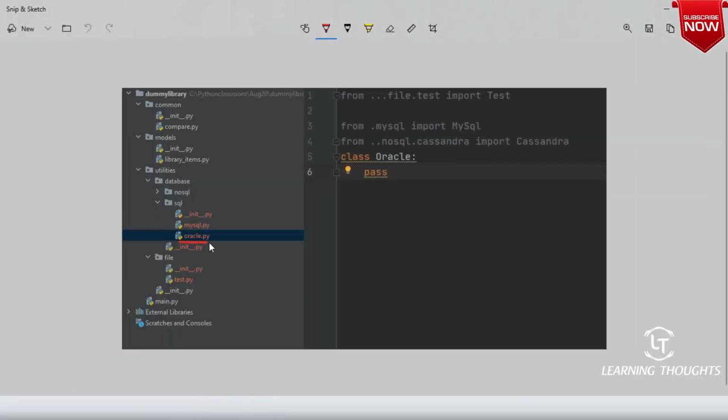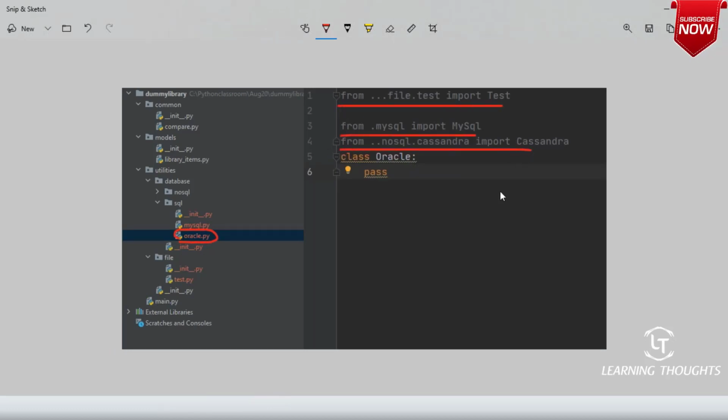So I'm writing oracle.py, and in oracle.py, I have written these statements. They might not make sense, but are you seeing how I can do the imports by using relative notation? Dot means current directory. Dot dot means one folder above it. If you add three dots, it is three levels above it. Each dot represents the level. First dot, same level. Second dot, one level above it. Third dot, two levels above it. That is basically what it is trying to tell.